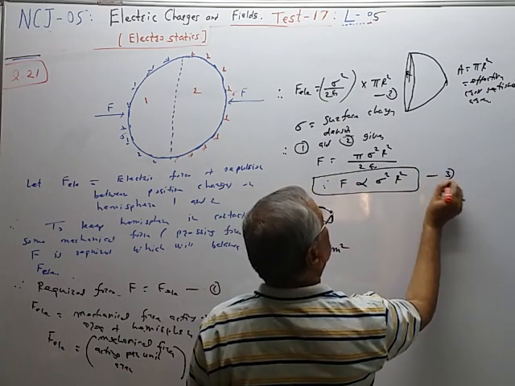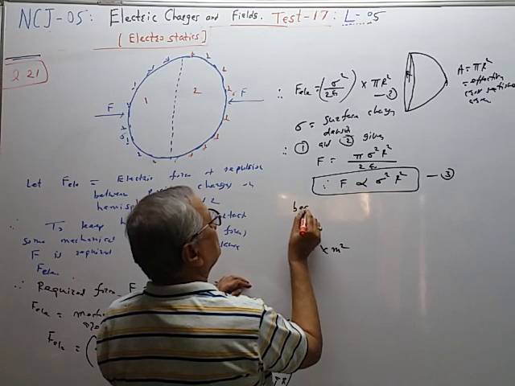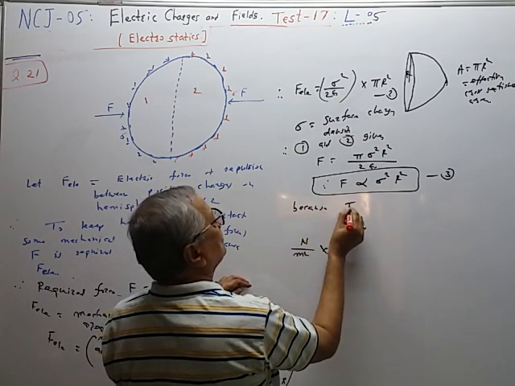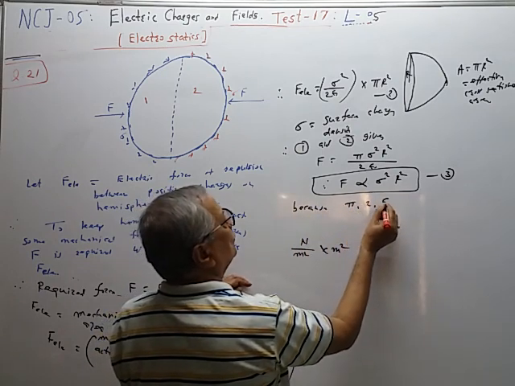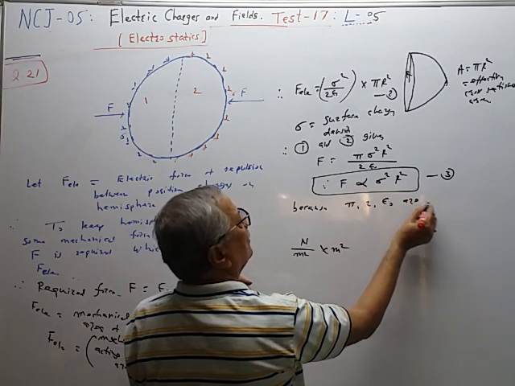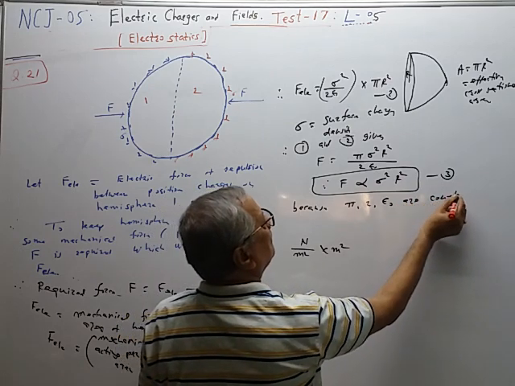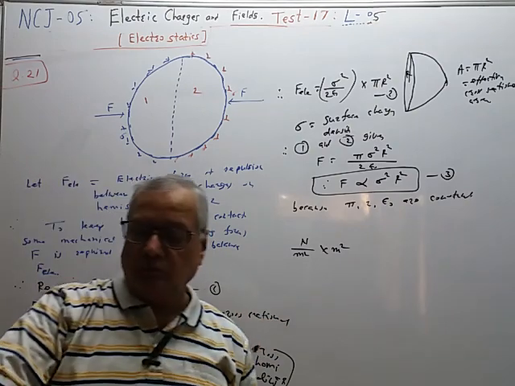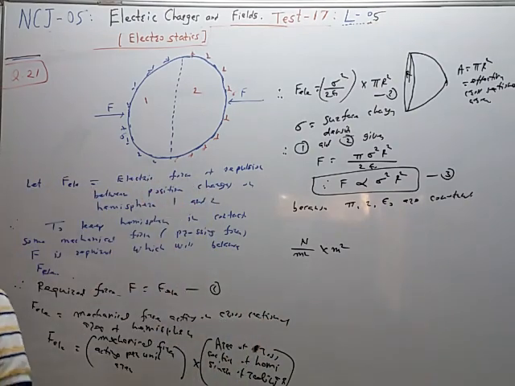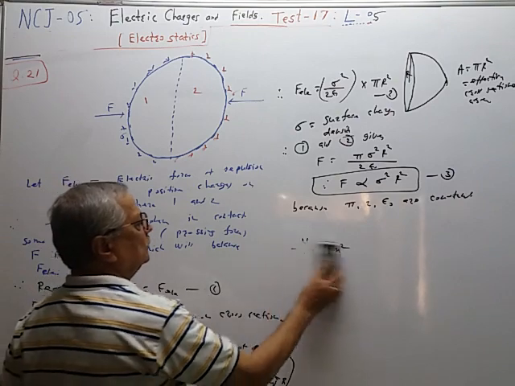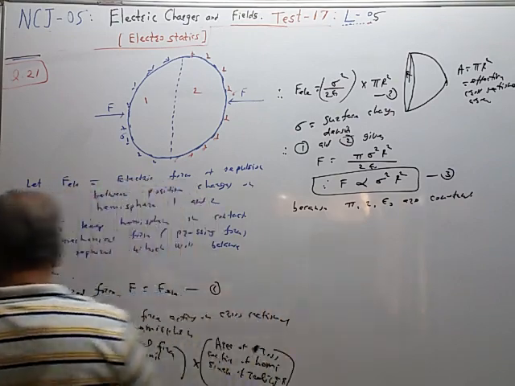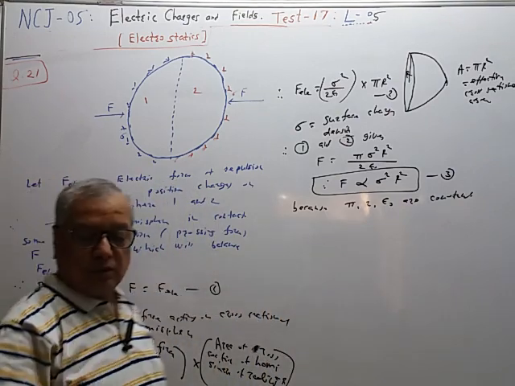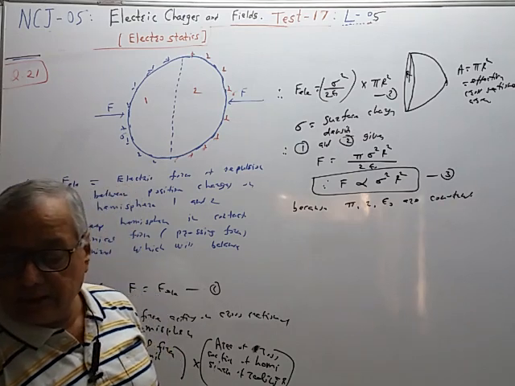This is equation 3 because pi, 2, epsilon naught are constant. So this is the relationship, and therefore the correct answer is